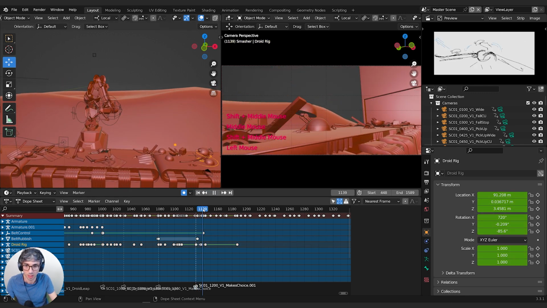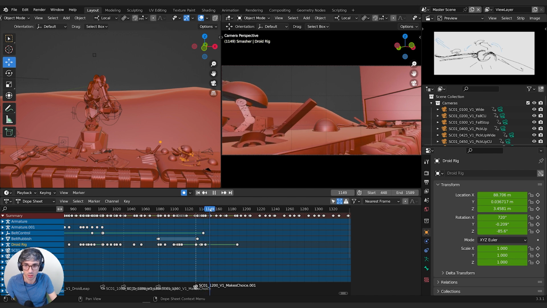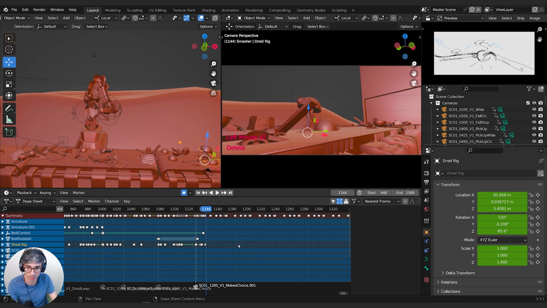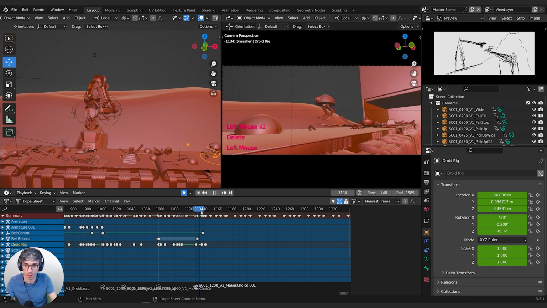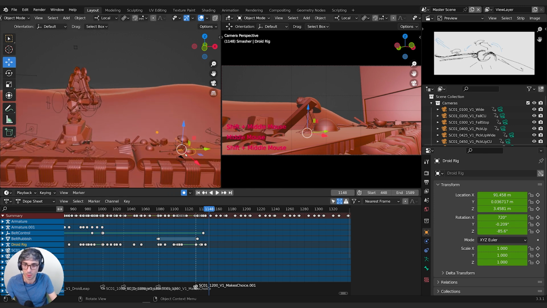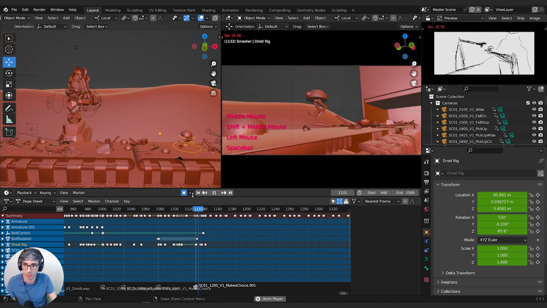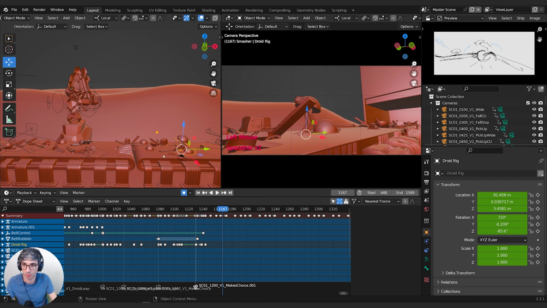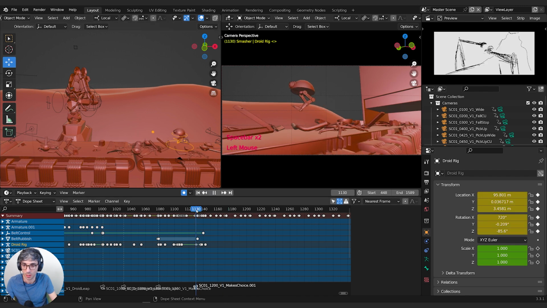So he's going to come here. So the first thing he's going to do is I'm just going to delete that movement keyframe. So he lands, and we're going to have him go. So let's see, boom, boom, boom, jump onto the arm. So this arm at this point